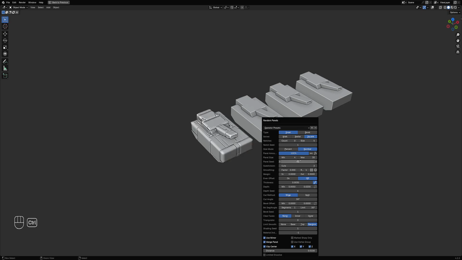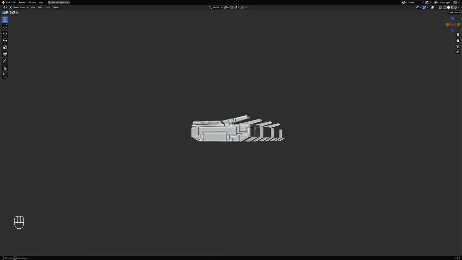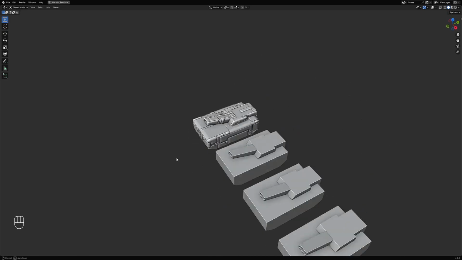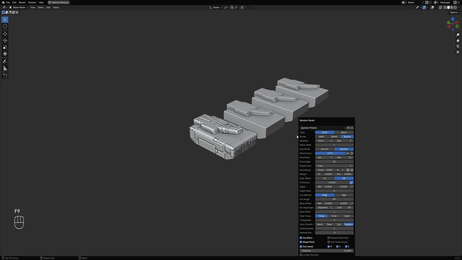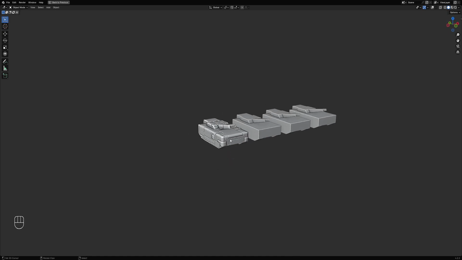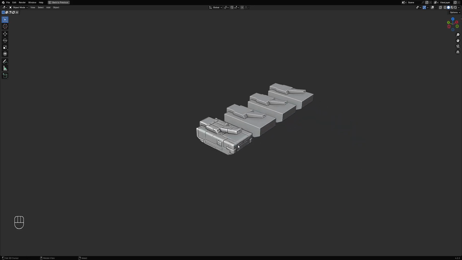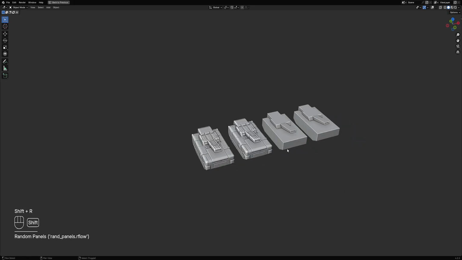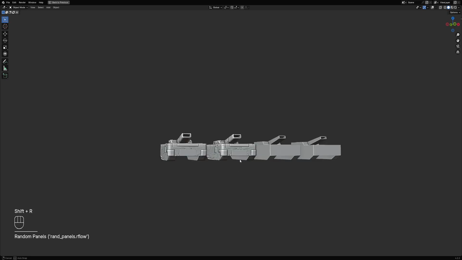So for the Gribbles, pick a design or a random pattern that makes the Gribbles look functional on the primary design or the concept of the design, in which case this is the tank. Okay, let's go with this. This looks good. And here, just Shift R, and you can see it created the same